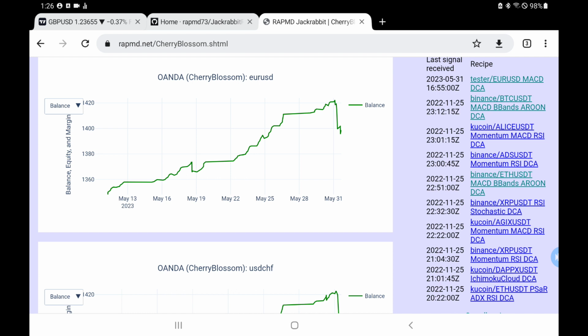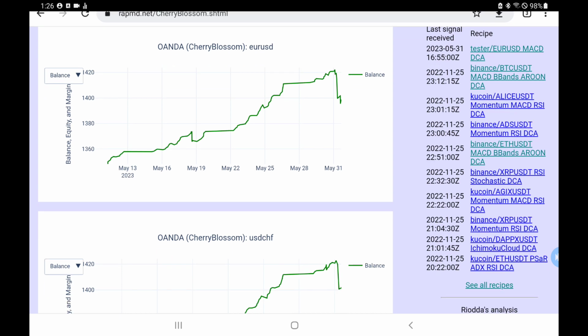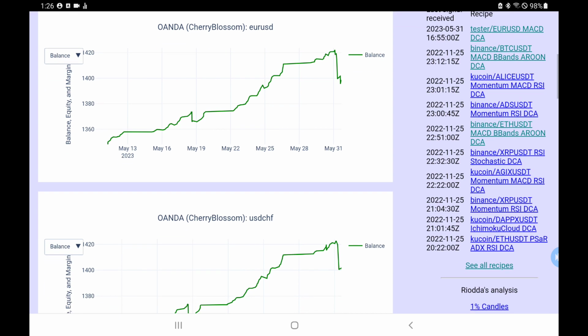But you'll notice from the profit graphs that there's actually a difference in the charting. And that difference is specifically the profits that Euro USD took in the interim of USD franc